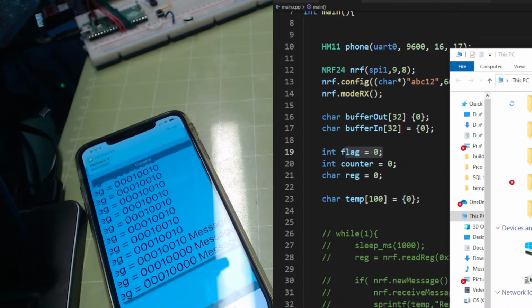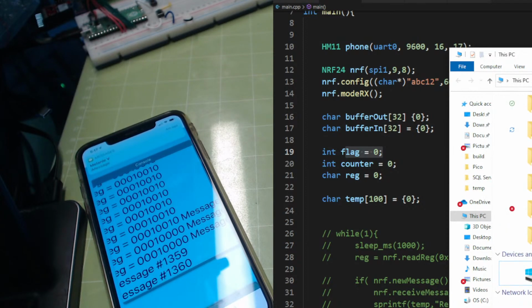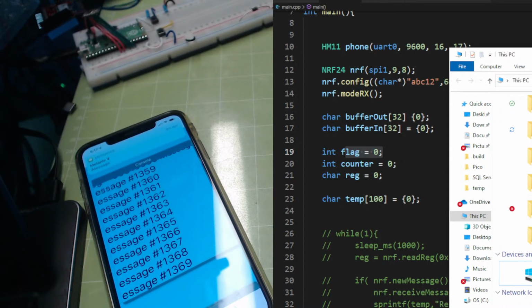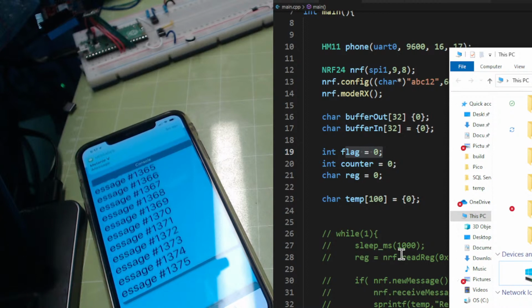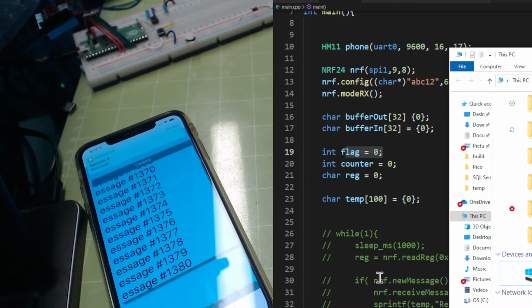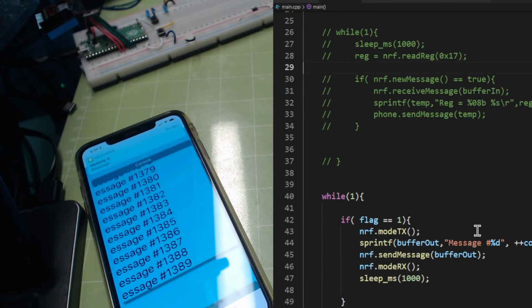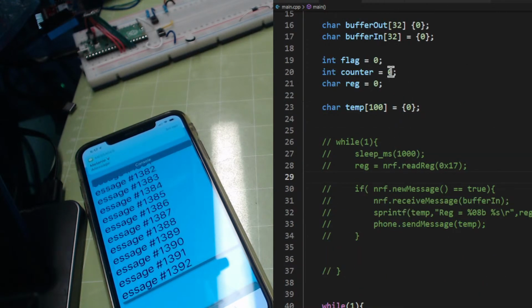Hold on. All right, so let me load it. All right, so you can see now we are receiving the right message, right? Because now it's set to whatever it is. So that means that the other unit is working correctly, but the code is not correct. It is correct because by default it was transmitting, and it's always looping within that same block of code. So it goes in, but if something flips it over, now it won't transmit because it's not being set. So if I configure this code and the flag is set to 1,